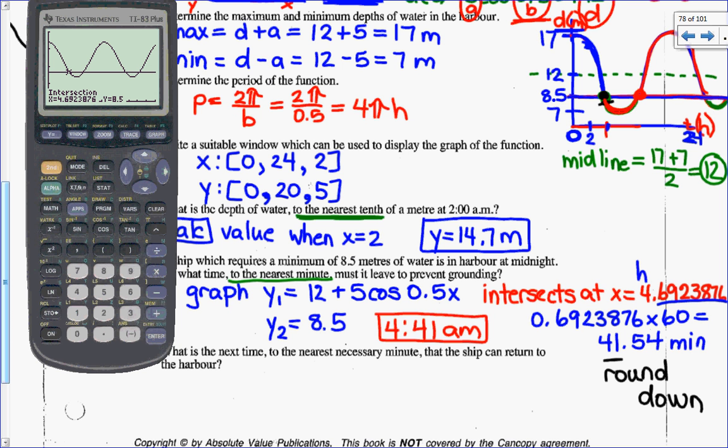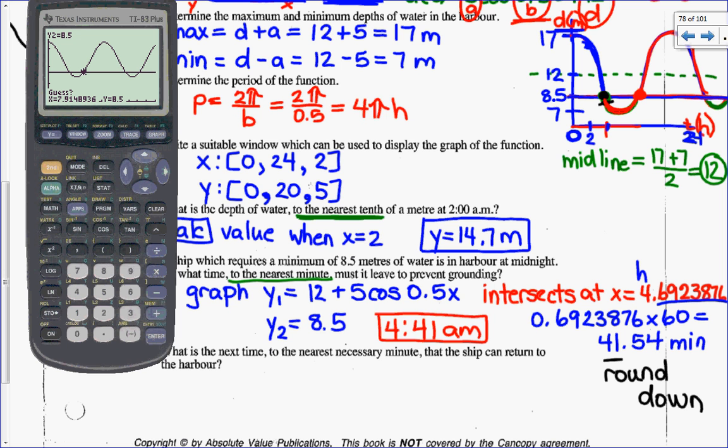So we need to calculate that point of intersection. Again, you ask your calculator to calculate the intersection, move your cursor to that point, land it right on that point, and hit enter 3 times, and it tells you that